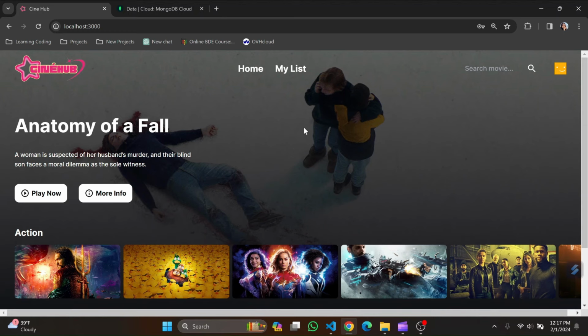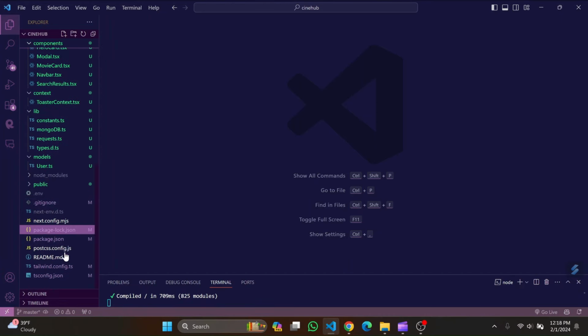One thing I want to show you is I want to protect the home page and everything, like the home page and the list page. Like if there is no user login, the home page or any other page cannot render. They have to go back to the login page to login. So only when we do have the user login, then we can go to the home page or the other page. In order to do that, in the root directory, we will create a new file called